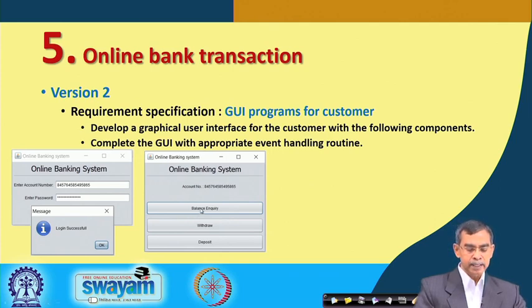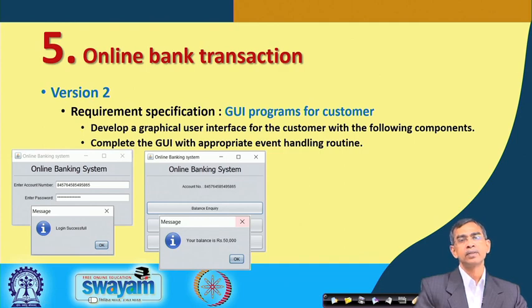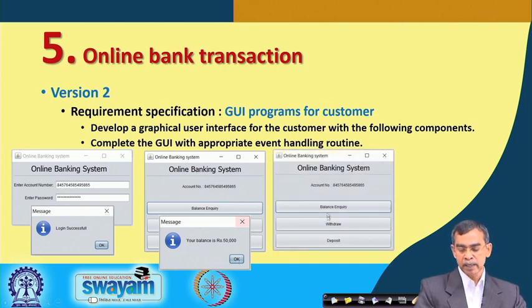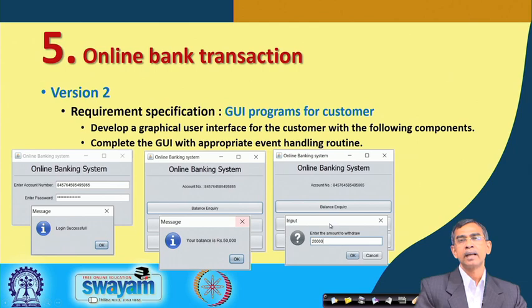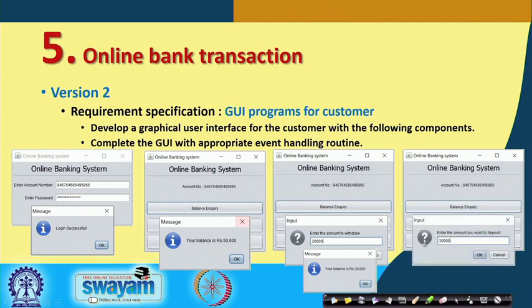Now, here again the balance inquiry. Because the login, account number and everything are passed after the authentication is done, it will connect to the server, and that server will consult with the database server, get the information and then display it here. Next will be withdraw. Similarly, it will ask what amount you want to withdraw. If you give it, then after the withdraw operation is successful, it will give a success message. Then deposit is similar; after the successful deposit, it will give the balance.